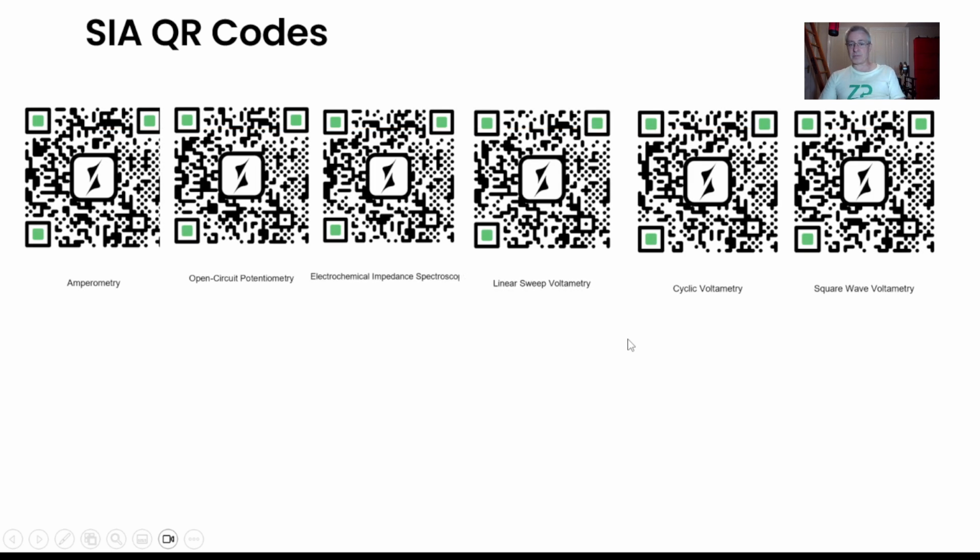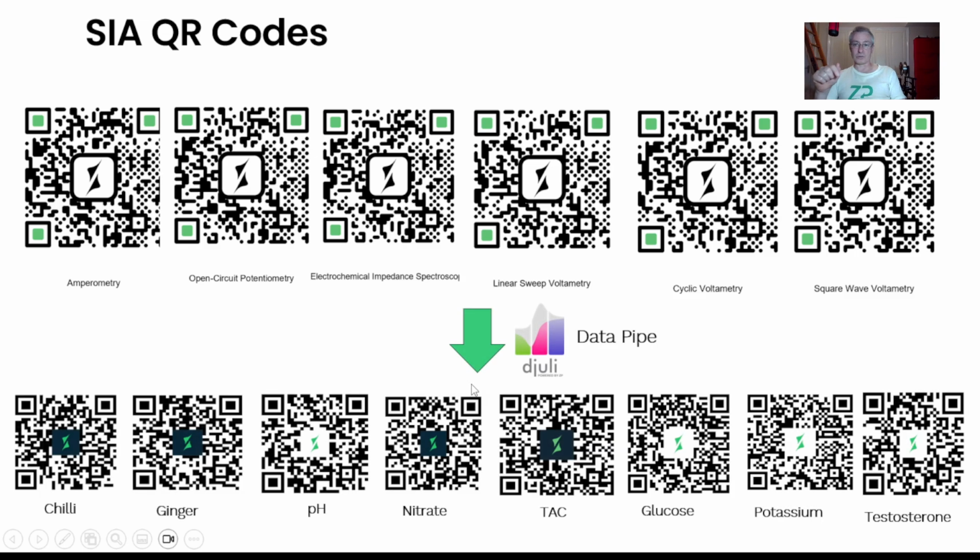But because we've got this data pipe built into this, you can actually set up amperometry experiments and then, for example, turn them into glucose signals. So it's a very powerful way of, and I realized something, an academic told me the other day, that they can actually now publish in more impactful journals, because they don't have to finish their scientific paper with a calibration curve and some raw signal. They can actually finish it with, and we programmed this into the Sensi-All platform, and we were able to turn that into potassium concentration, pH concentration, etc. So you can go beyond the normal technology readiness level number 3, where most papers finish, and actually take it on and make it much more of a product like